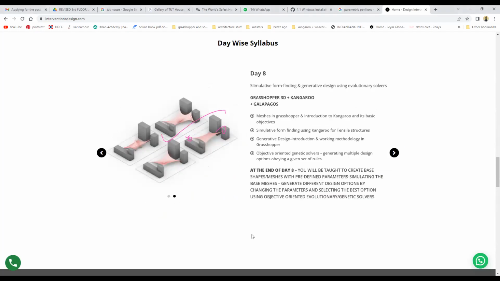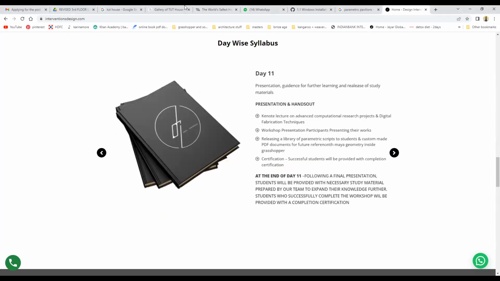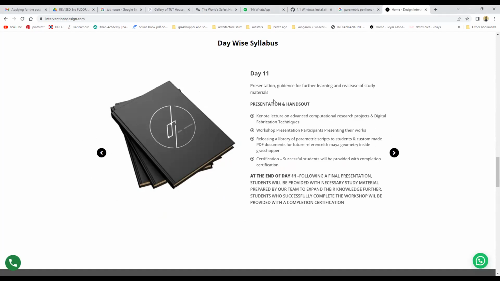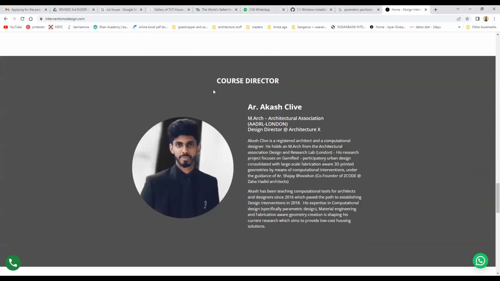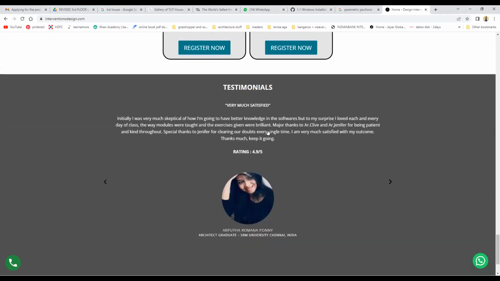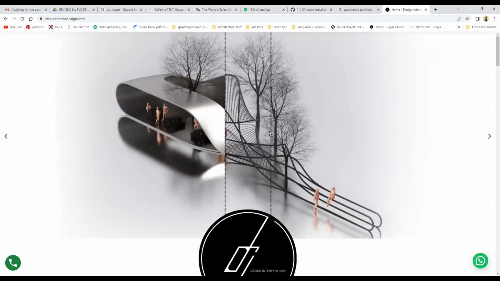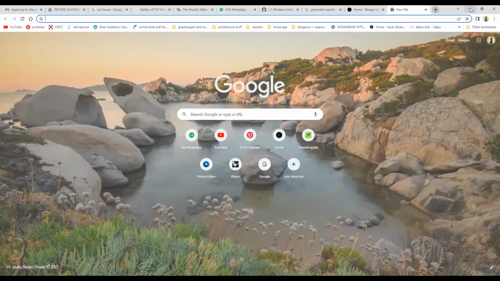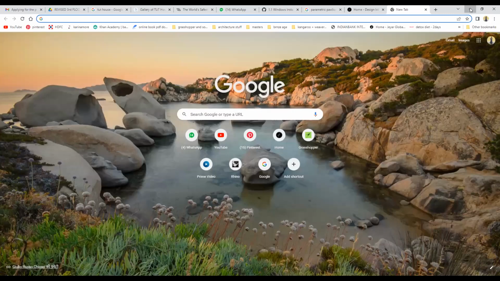Right, so these anchor points that you're seeing, we optimize them to have maximum shape. And day 9 and 10 is going to be Maya with the final project presentation on day 11. So this is an overall run-through. You can go through the website to get more in-depth details. And yep, our